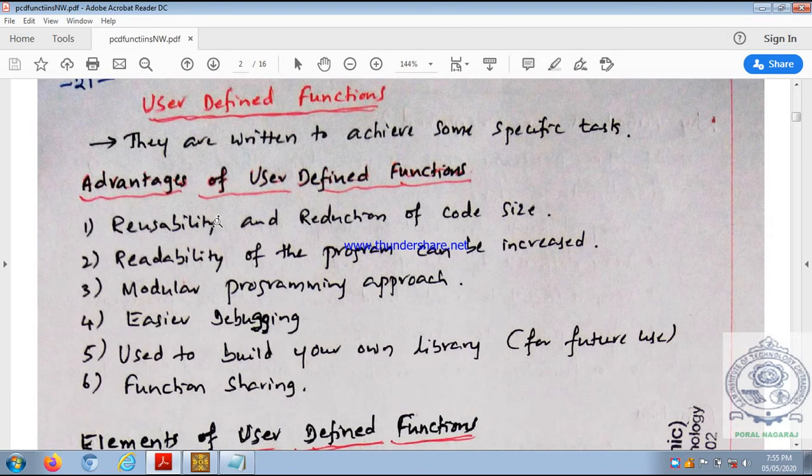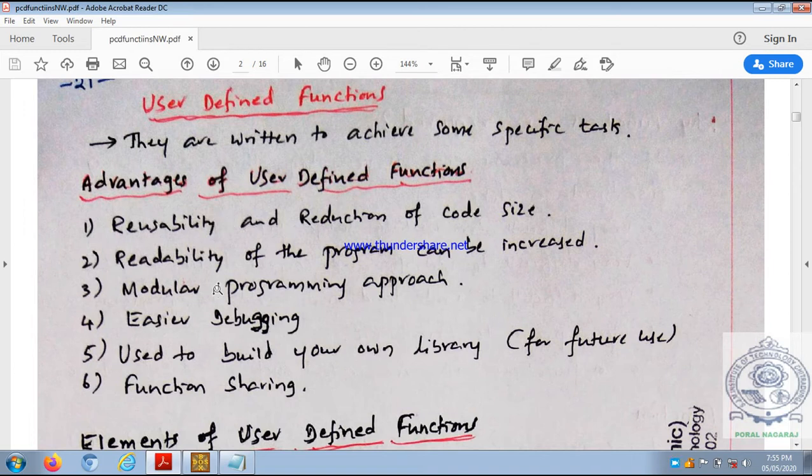So that's why we use library functions like sine of a value. Already it is written. Whenever we want, we use it. Square root of a value, already it is written in the standard library. Whenever we want, we can make use of it. They are available in math.h. The header preprocessor directive will have a header file math.h. In that, all mathematical functions are stored. Whenever we want to use one, instead of writing it, we just call that function from the math.h header file. Okay. So like that, reusability is the advantage.